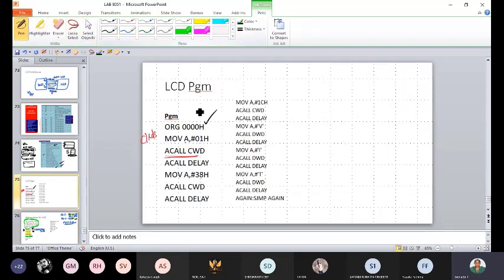First, the command word I have sent. Okay, I have called the command word, meaning now I have sent the command word 01. I have cleared the display. 01 is the clear display. I have cleared the display of the LCD. And again, internally I will be calling the delay, and for the safer side I will be using delay between command words also. Inside the command word also I will be using delay, and between command words also I will be using delay.